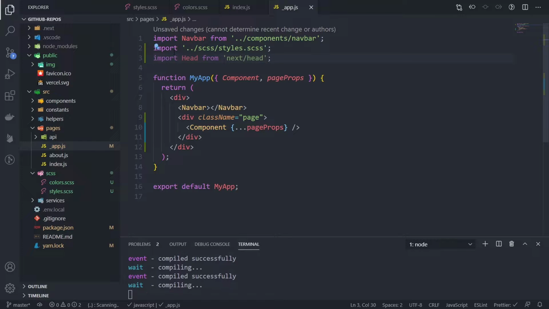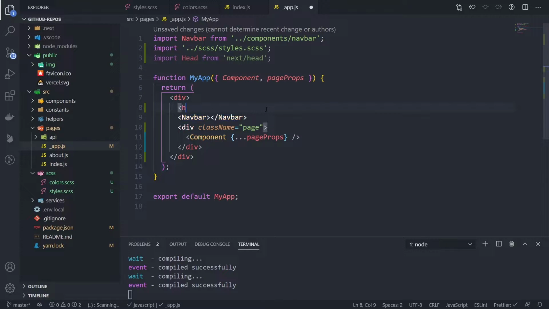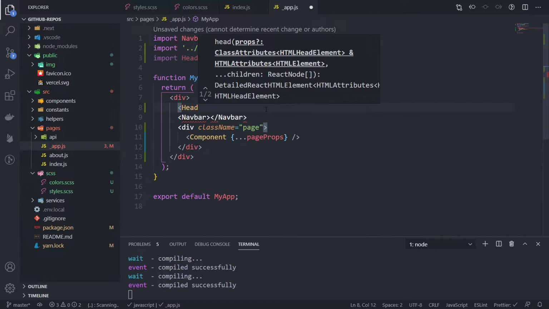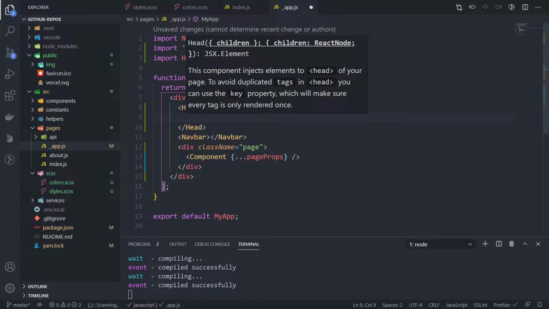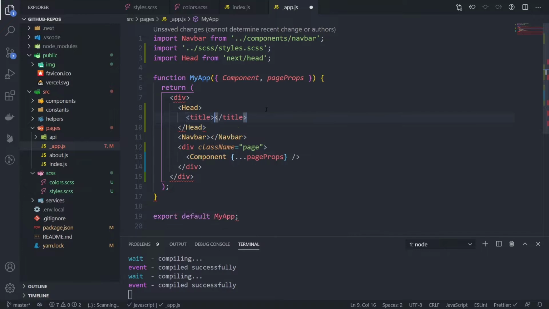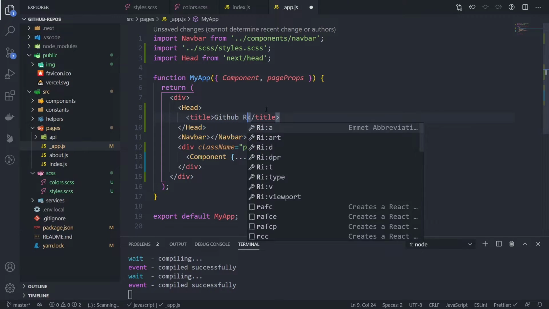What is the head? Head actually is the special thing that we'll put just before the navbar, and here in the head section we can put any text that you just put in the normal head section in an HTML document. For example, title, which is GitHub repos in our case,